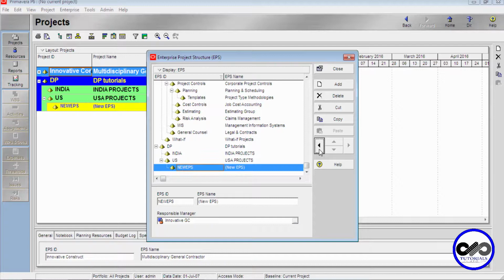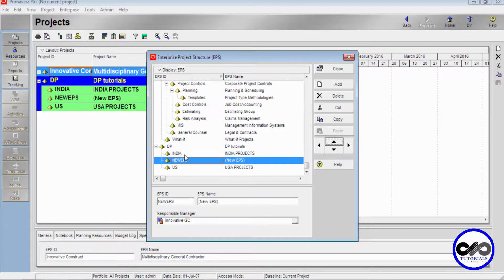I click on this left button, first I will be getting close to this India project at the same level, then I will be pressing the right button. Now I'll be naming it construction. In detail for this project name, construction.